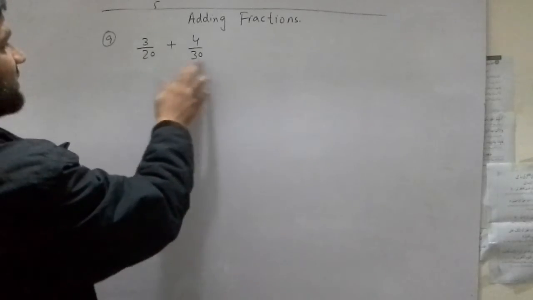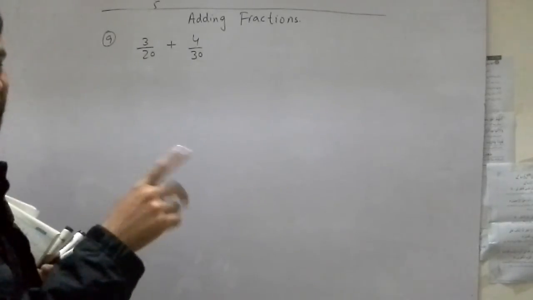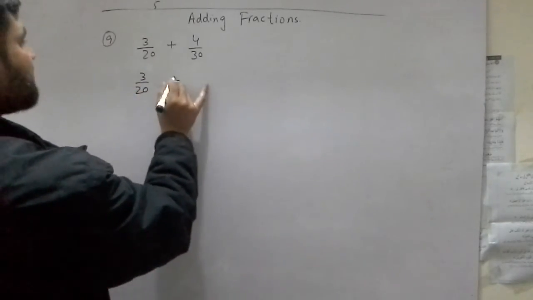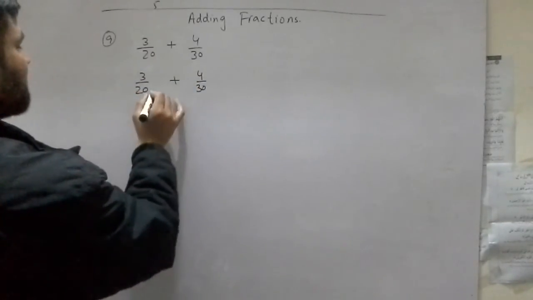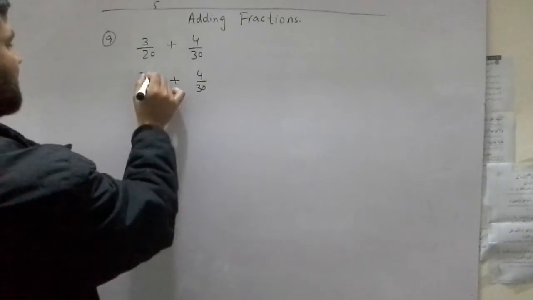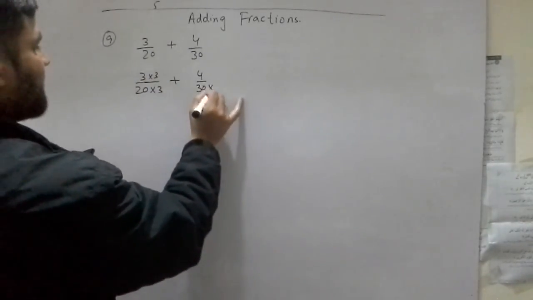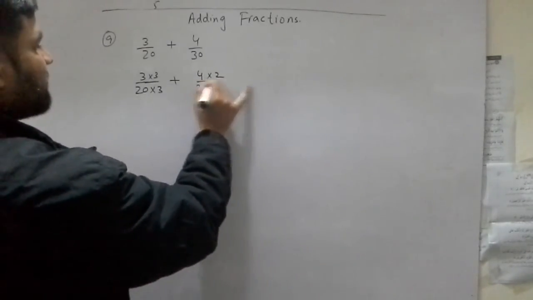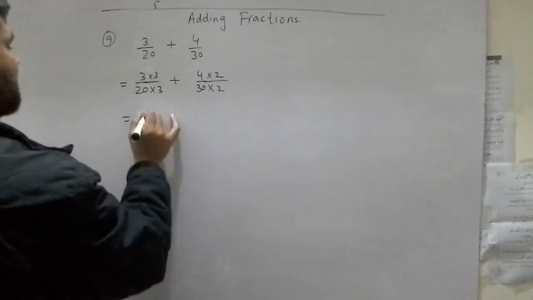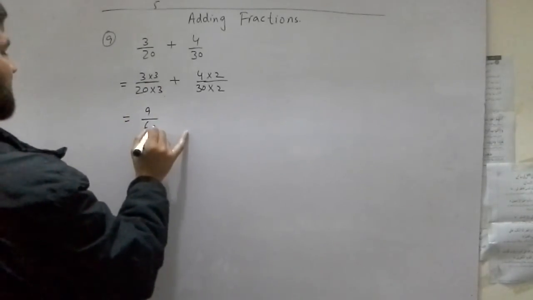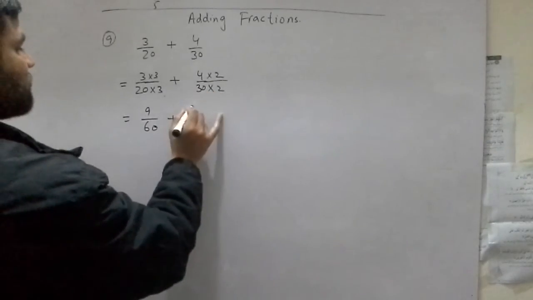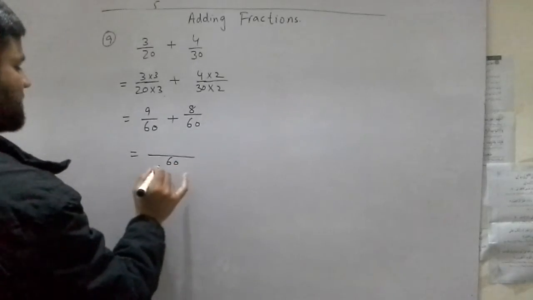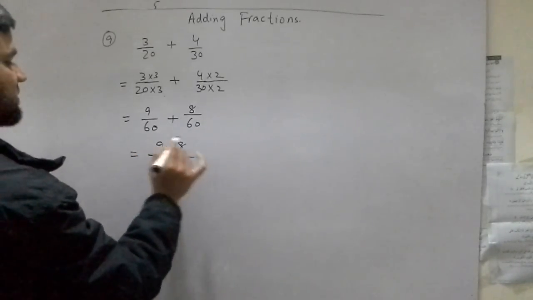So we can make our denominators 60, because for adding fractions we need to make our denominators the same. So copy these fractions down and multiply this 20 by 3 to get 60 there, and the top with the same number. And multiply 30 with 2 to get 60 there, and the top number with the same. Now 3 times 3 is 9 and 20 times 3 is 60, plus 4 times 2 is 8 and 30 times 2 is 60. Our denominator is 60, and 9 plus 8. Now numerators can be added when